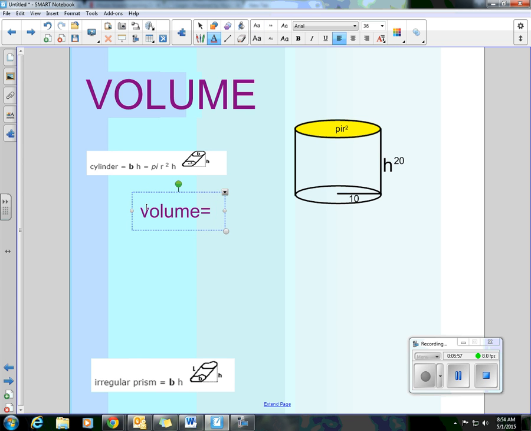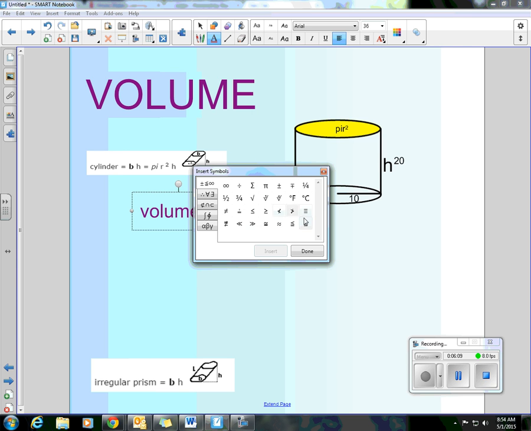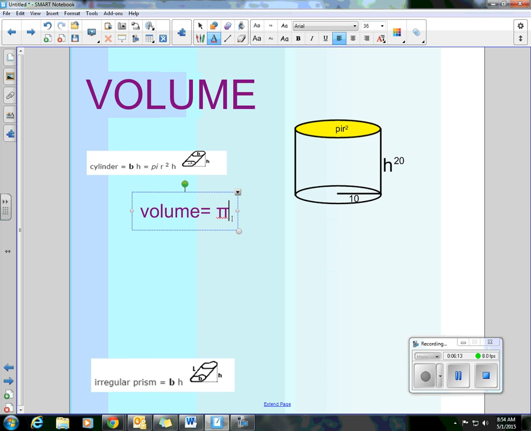Volume is pi r squared. It takes a little bit to put in the actual symbol. Here, where is it? There it is. That's the symbol, pi, and then we have r, and we're going to square it. So make it real small so you don't get confused. Okay, so now that we have that,